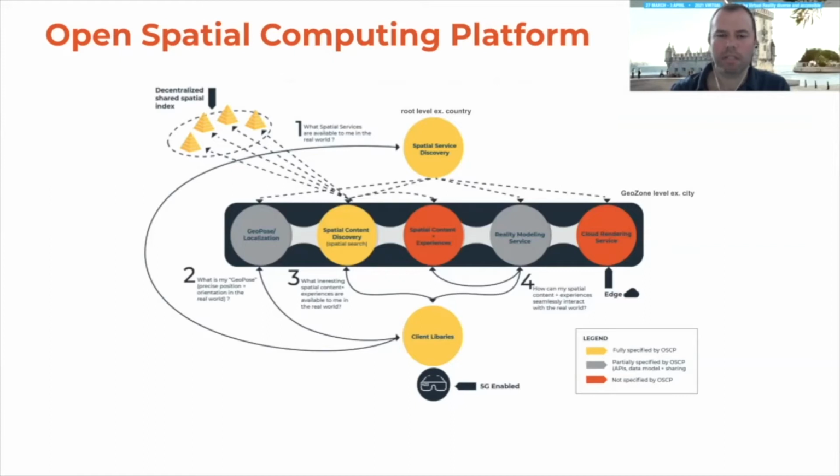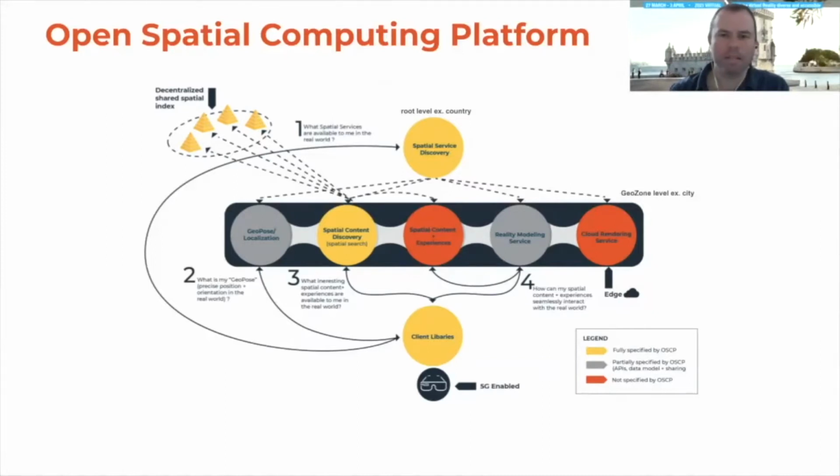Both service discovery and content discovery are designed on a decentralized web fabric. The idea here is that we want to allow multiple providers to contribute to a shared spatial index.